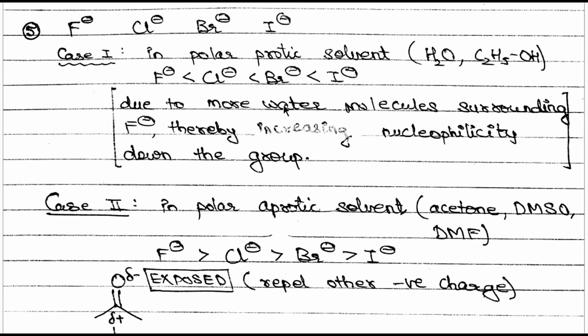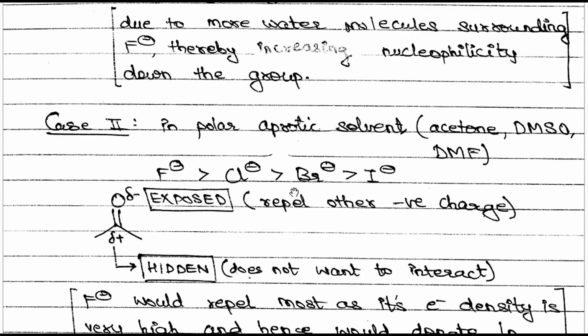So let's see the reason. Due to more water molecules surrounding the F minus ions, nucleophilicity increases down the group. Nucleophilicity increases down the group in polar protic solvent. But in case of polar aprotic solvent,